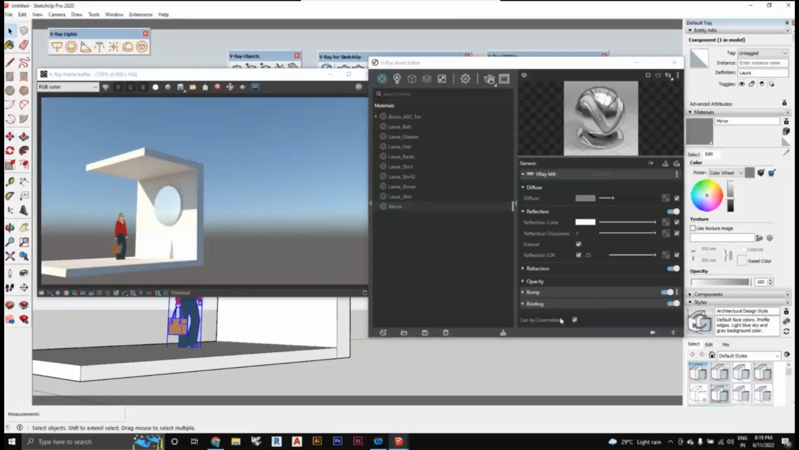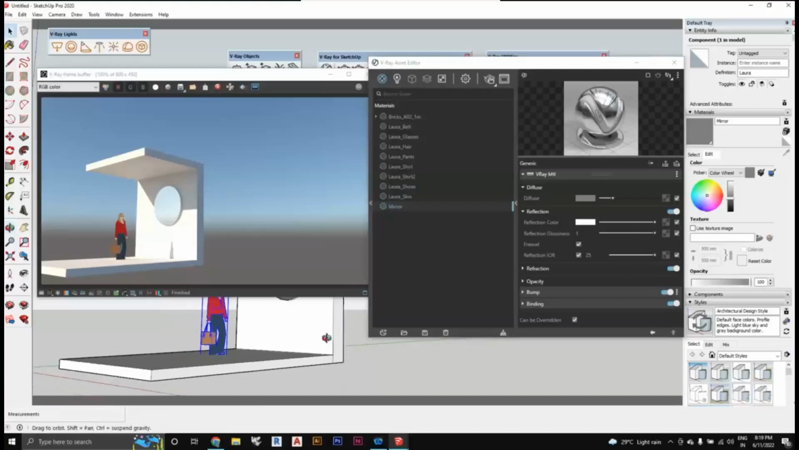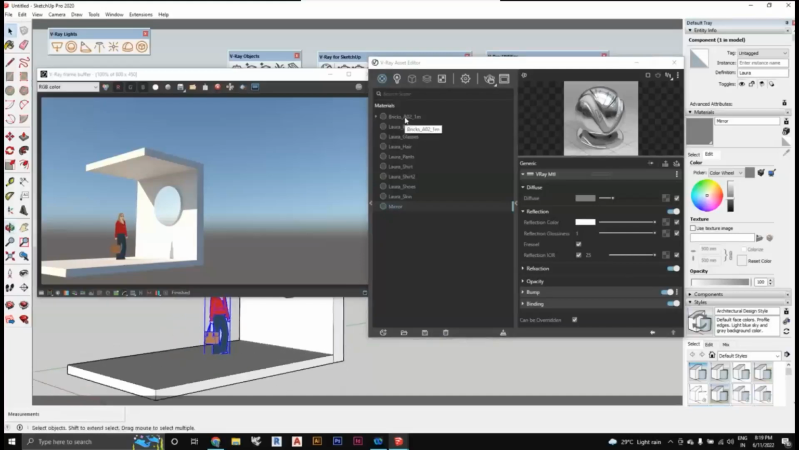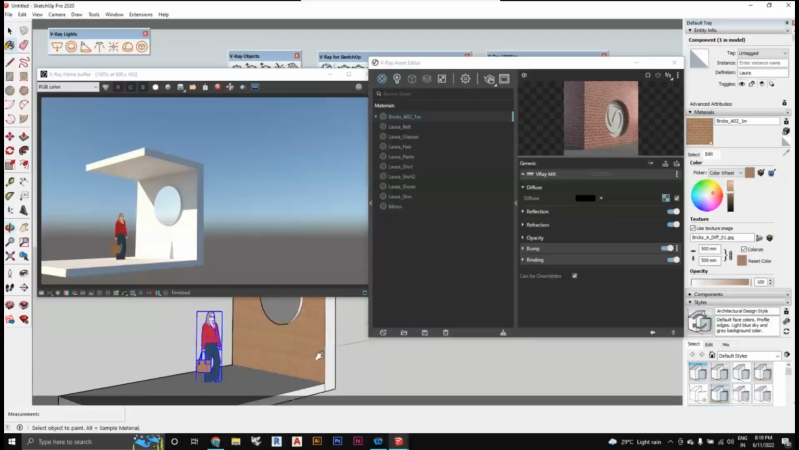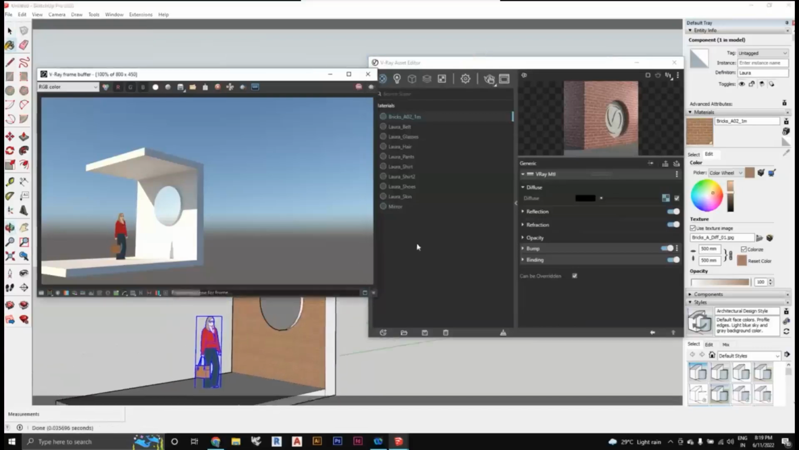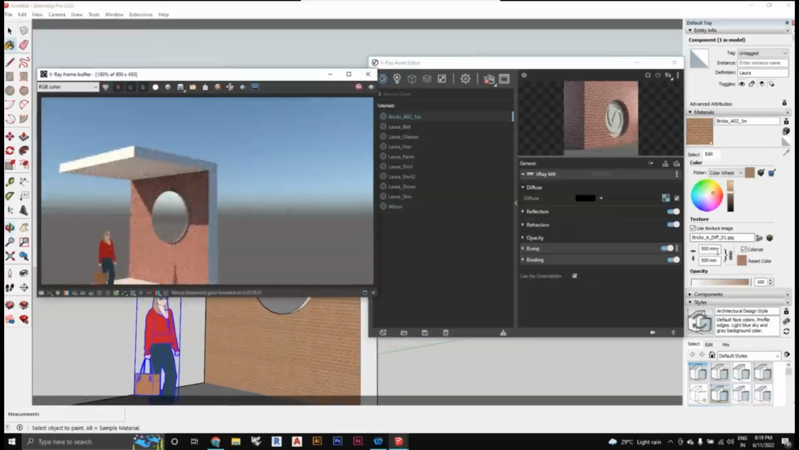Now we will see how we can edit a V-Ray material. For example, I have a brick material out here. I am taking it and applying it on the surface out here. Now, if I give the render, you can see that you have a brick material here. I'm just changing the size